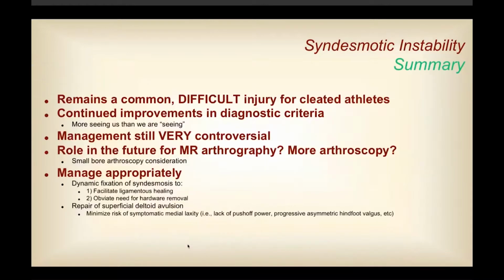that must be stabilized. So in summary, this is a common and difficult injury for cleated athletes. You continue to need and demand improvements in the diagnostic criteria, because I would argue that a lot of these still see us more than we are seeing them, although I think we're better than we were, and weight-bearing CT is probably a better way to understand these. The management is still very controversial. Might there be a role for MR arthrography? I think there definitely can be a consideration from that. And as far as dynamic fixation rather than static fixation, it facilitates ligamentous healing and obviates the need for hardware removal, and repair the medial side when